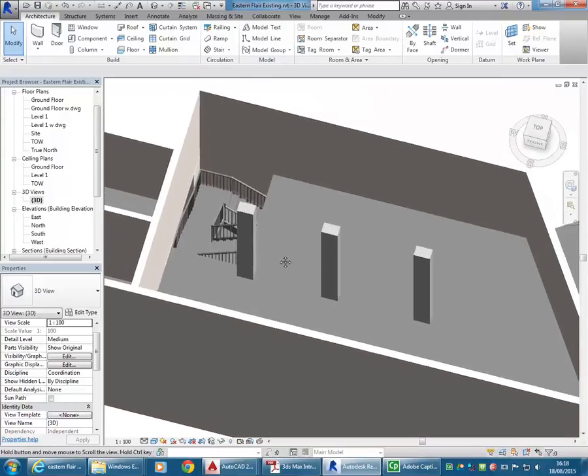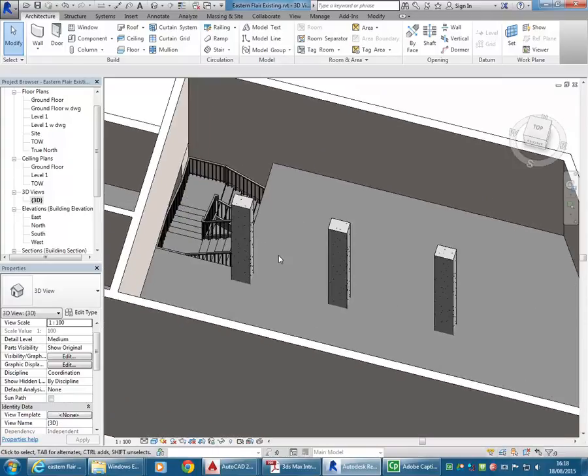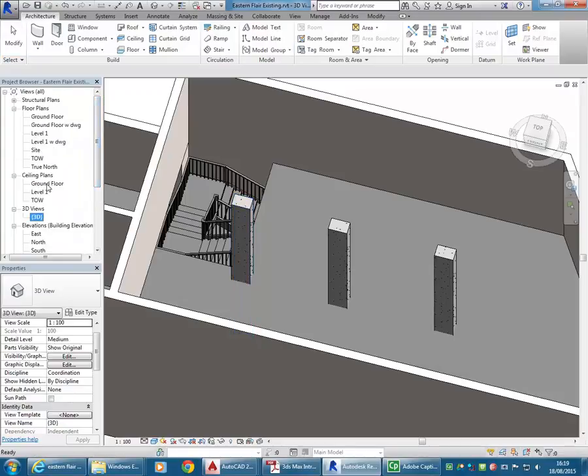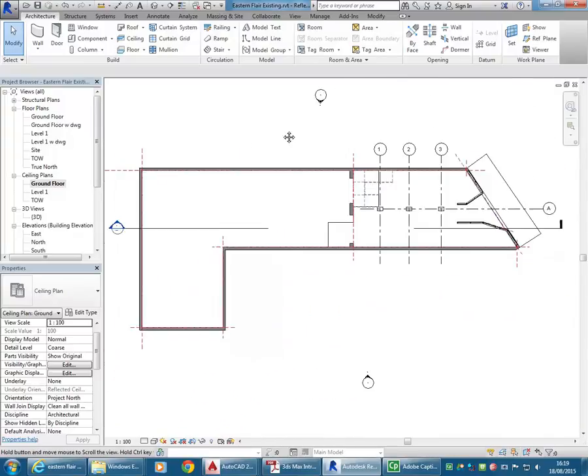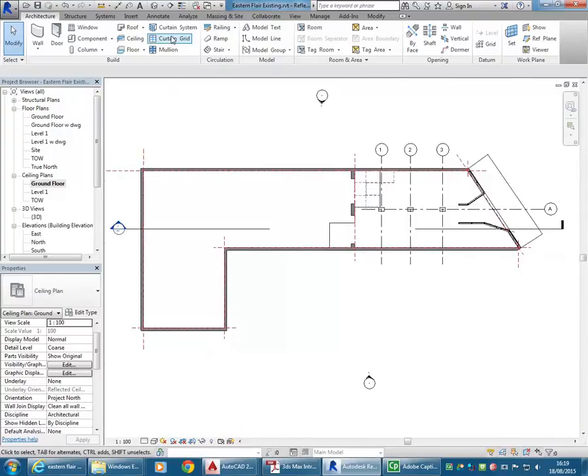So one final thing, again, it'd be nice to have the beams in there, but it's not essential at this stage because you can put a ceiling in which will cover those in any case. And so I'll go to the ceiling plans to do these. So my ground floor ceiling plan, I'm going to create a ceiling,